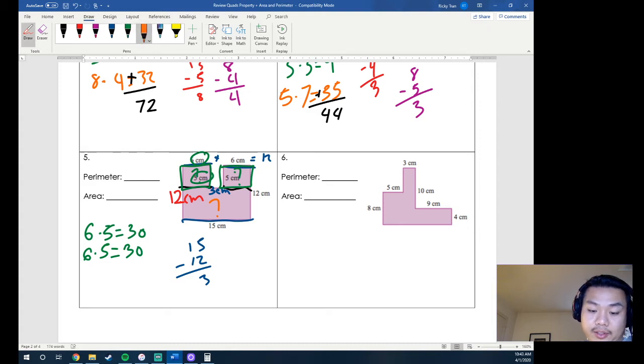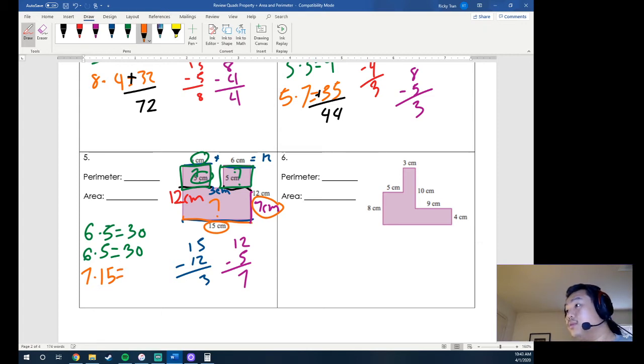Now we've got to find the orange length. We need this length right here, which is 15, and this length right here, which we don't know. To find out this length, I'm going to use another color, that way it's easier to understand. This length right here is actually going to be the difference between 12 and 5. So 12 minus 5 is 7. So this length right here is 7 centimeters. And then to find that area, we just take 7 times 15, which is,